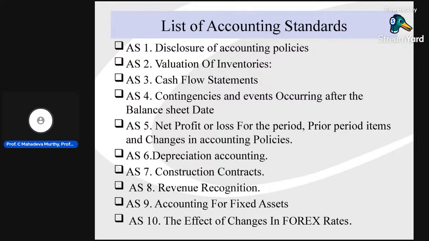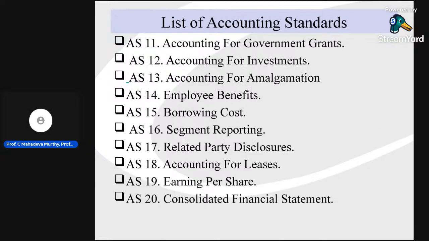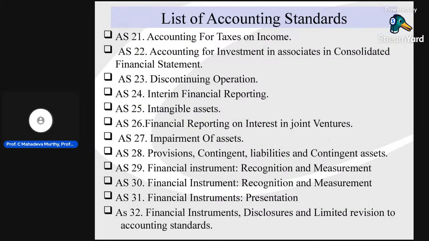changes in foreign exchange rates, then 11 accounting for government grants, 12 accounting for investments, then 13 accounting for amalgamation, 14 employee benefits, 15 borrowing costs, 16 segment reporting, 17 related party disclosures, 18 accounting for leases, 19 earnings per share, 20 consolidated financial statements, 21 accounting for taxes on income, 22 accounting for investments in associates in consolidated financial statements, 23 discontinuing operations, then 24 interim financial reporting, 25 intangible assets, 26 financial reporting of interests